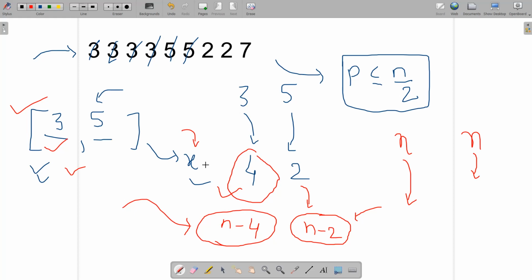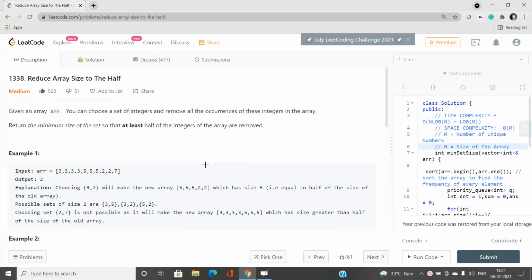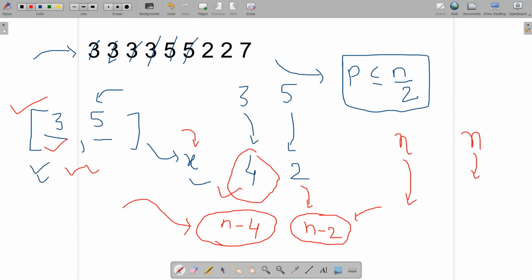The reason behind that is very simple: if we choose the element with maximum frequency in our original array, it will reduce the size of the array to a much greater extent, and so we reach at least half of the integers being removed with a smaller x than if we chose elements with less frequency.